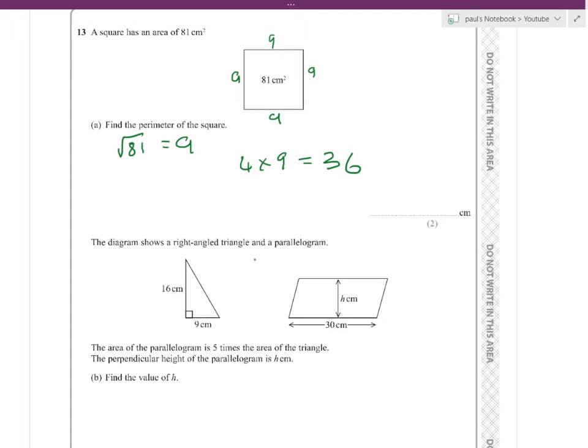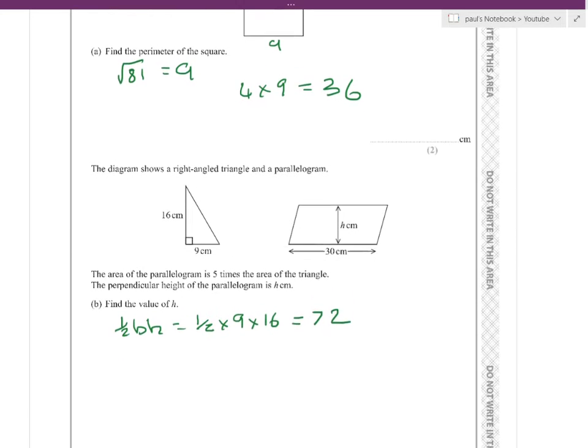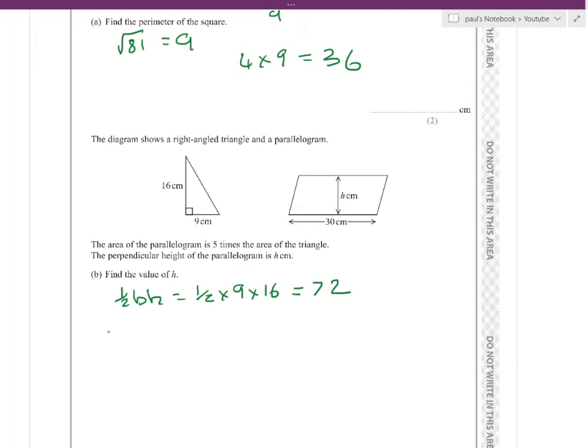The diagram shows a right-angled triangle and a parallelogram. The area of the parallelogram is 5 times the area of the triangle. Find the height. So the triangle is half base times height, which equals half times 9 times 16. And don't forget this is a calculator paper, so 0.5 times 9 times 16. So don't strain yourself trying to work out that. So now we've got the area of this is 5 times 72,